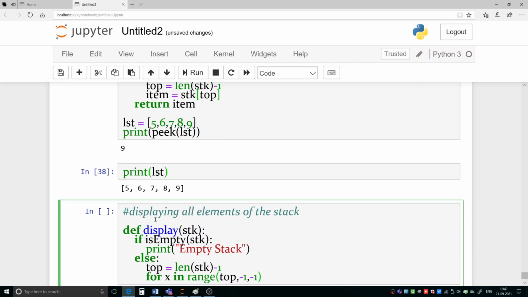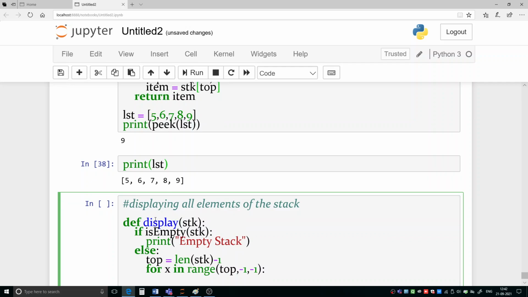I hope no problem should be there for anybody at this point. What we have to do is print all the elements. So we can write print stk[x], where the index is x.